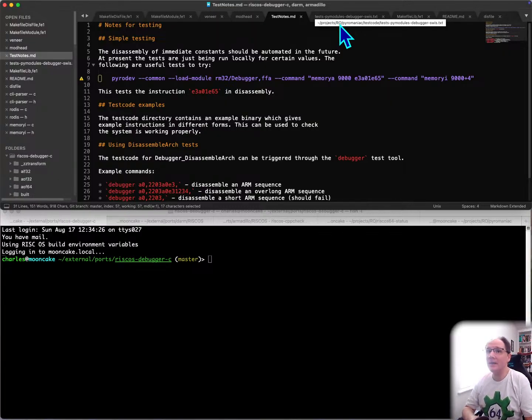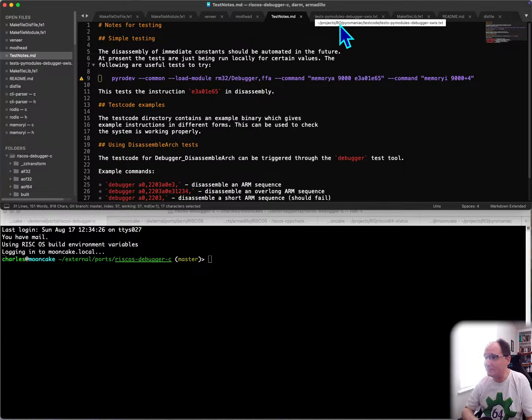Hopefully today we'll be getting a bunch of bits cleaned up from the work that was done last week. Last week we integrated the, what was it called, Armadillo ARC64 system into the module and proved that it all worked and we could actually disassemble things, which was quite cool. But there were some bugs with it and it looked untidy, and the separation of the different repositories caused us a number of problems. So